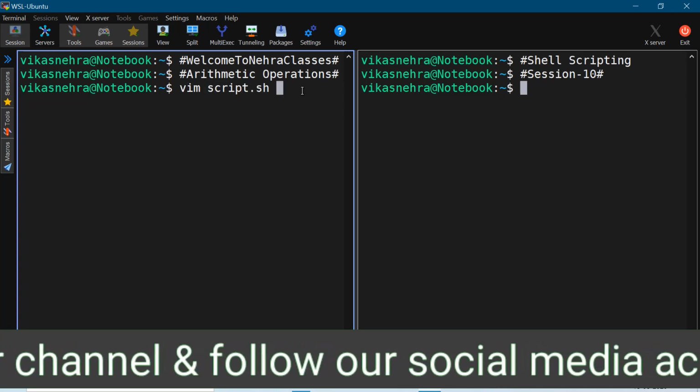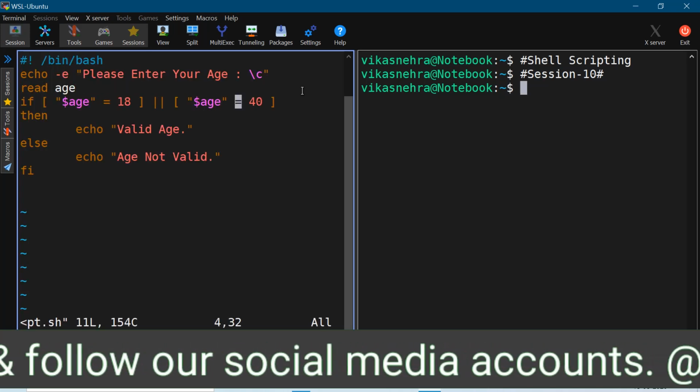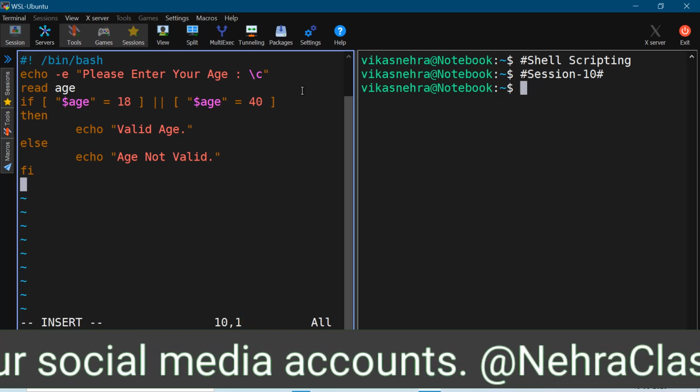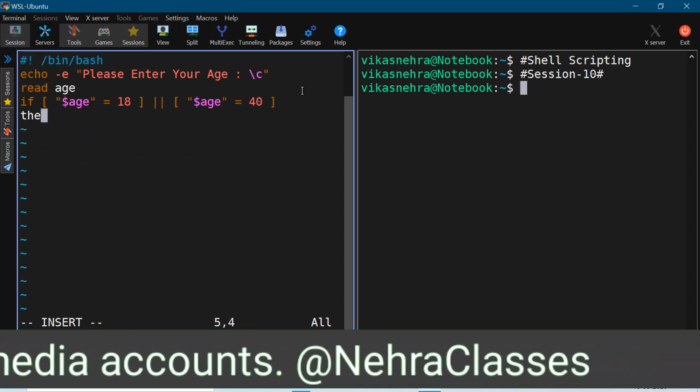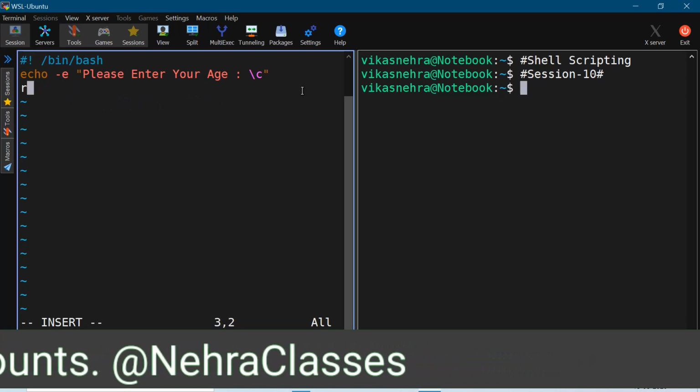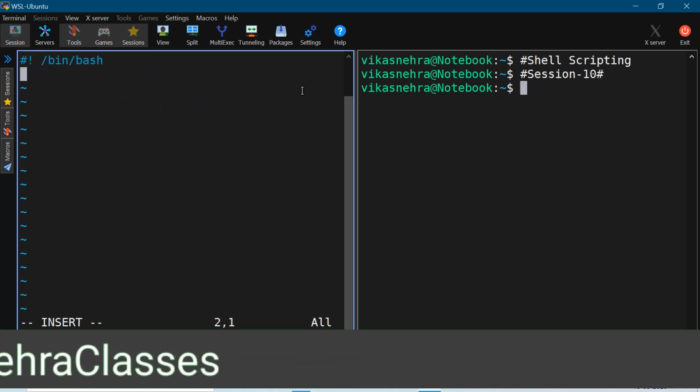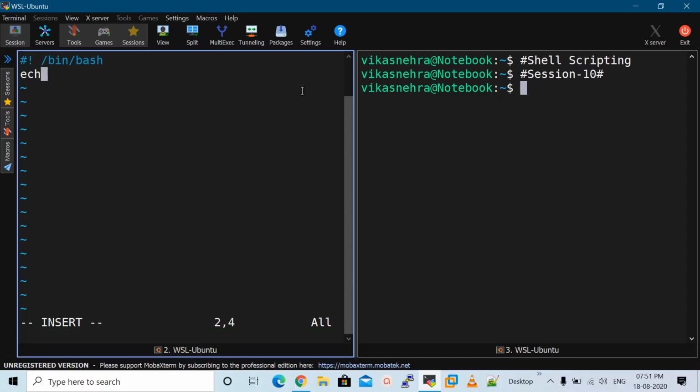So I'm going to open the script file in the VI editor, and here first I will remove everything from the file. So I'll go in the insert mode and remove everything from the file. As you know that if we mention anything after the echo command, that gets printed on the output. So in order to perform the addition or any other operation, if we use the echo operator like this, then what will happen?